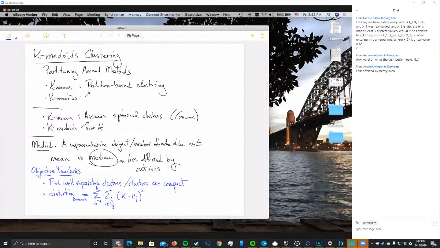Now, the one thing about this particular measure is it handles the closeness of the points within the clusters very well. It does not really directly address the distance between the clusters. And there are versions of this objective function that could take that into account as well. But we're going to keep it simple and only look at the within cluster distances. So that's k-means. For k-medoids,